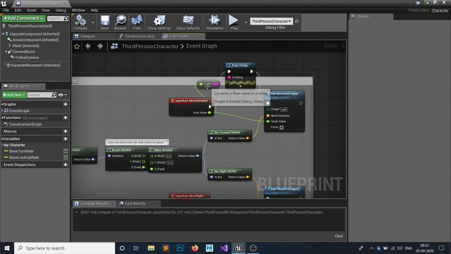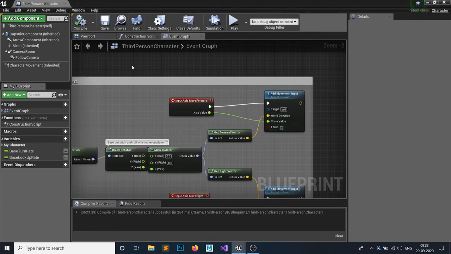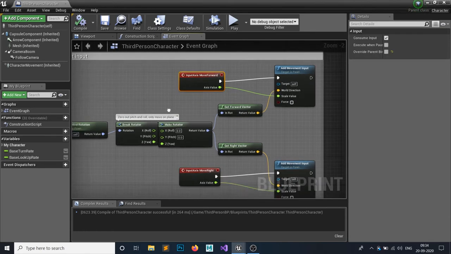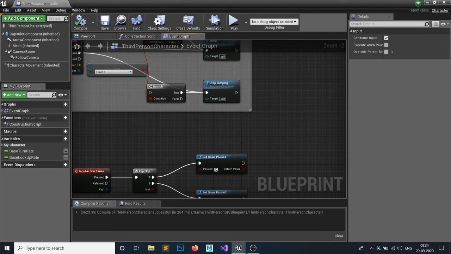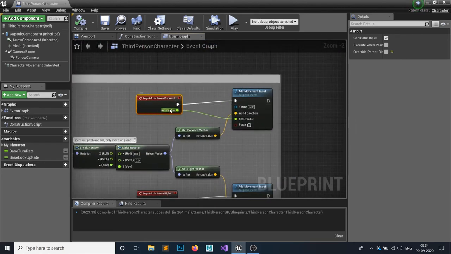So this is what we have done. The axis value is updating every single frame, it is ticking every single time. In the same way, the input action is also listening to your keyboard every frame, but the main key difference is that these have an axis value and you're going to set your player's movement or any action by this axis value.